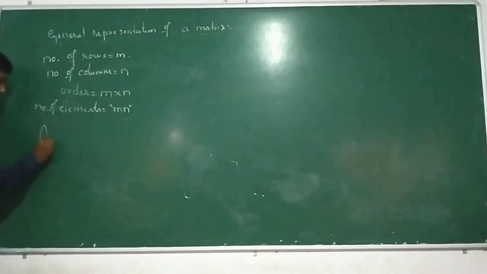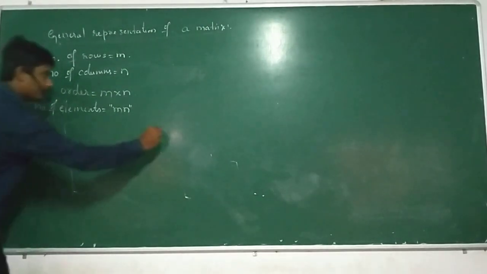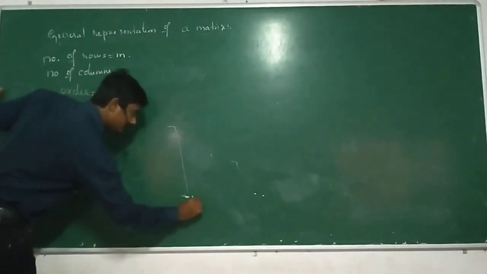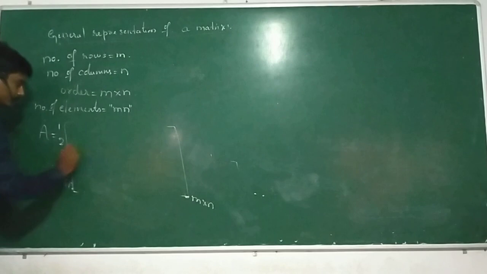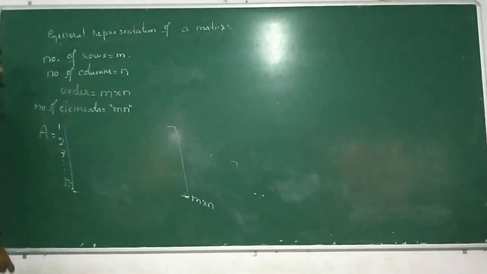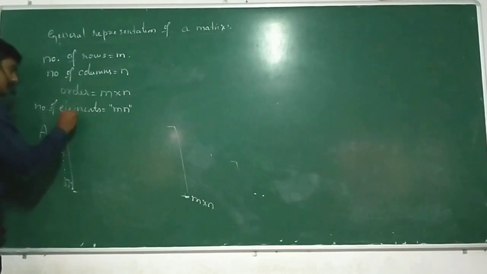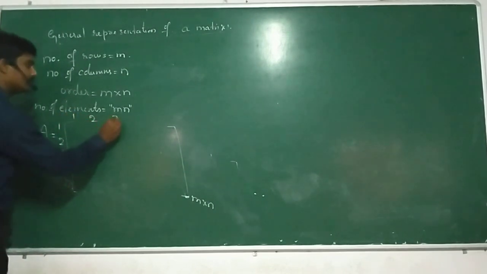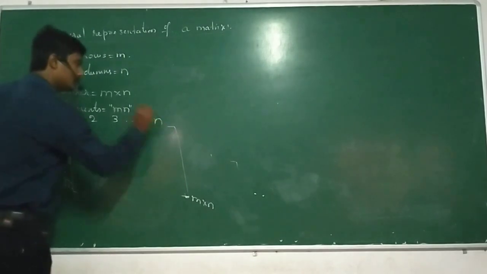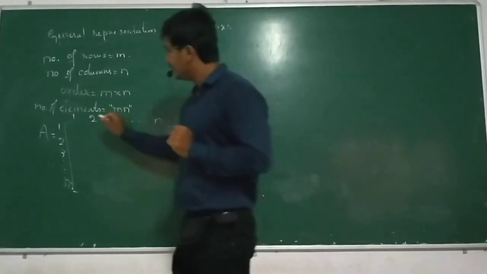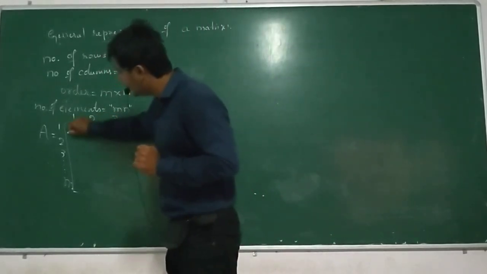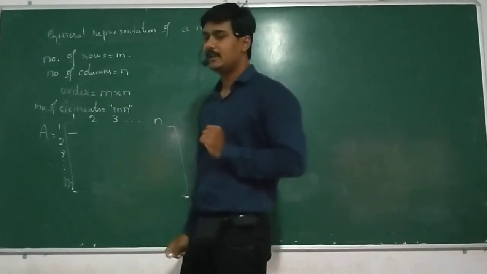Now, we are going to represent a matrix of order m by n generally. Observe how we do it. So totally there are m rows present in the matrix: row 1, row 2, row 3, up to row m, and the matrix is having n columns: column number 1, column number 2, column number 3, and so on up to column number n. Now, we will write down the elements present in the matrix generally.